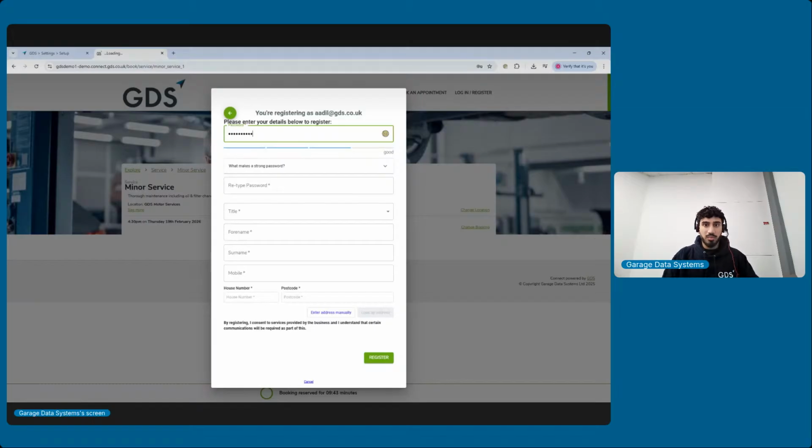And then they put in the passwords here as well. So I'm going to fill this out. And then they just put their name. So I'm just going to put a random name in here and a phone number. And then they put their address in here as well. So what they can do is put in a house number and a postcode,